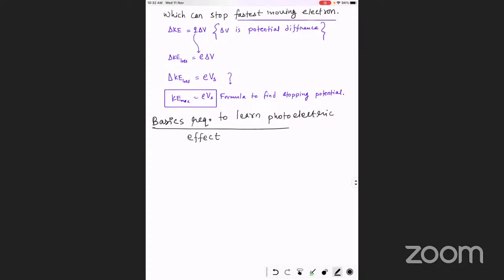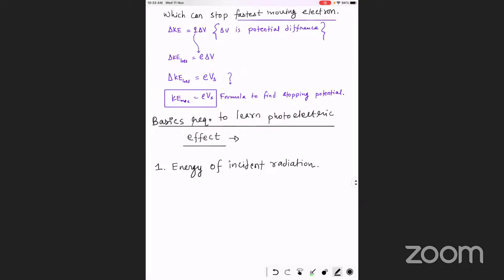Now your first basic is energy of incident radiation. एनर्जी ऑफ इंसिडेंट रेडिएशन को हम ऐसे रिप्रेजेंट करते हैं बच्चों